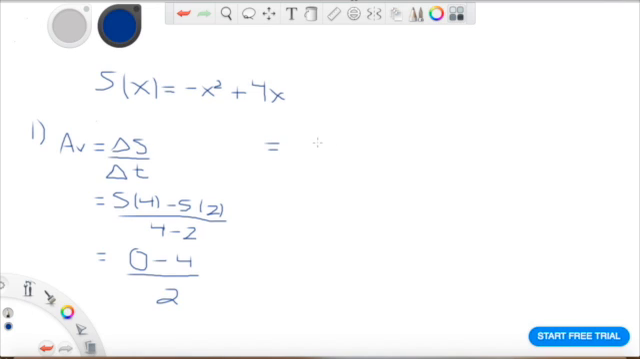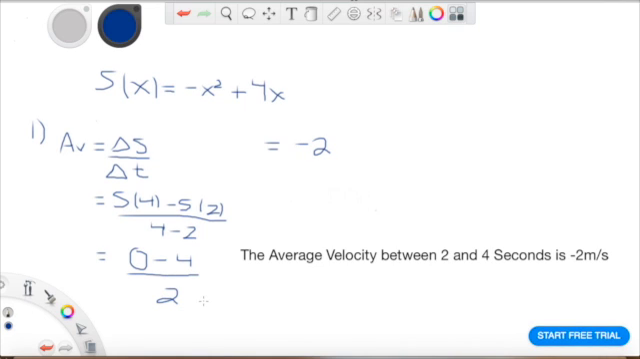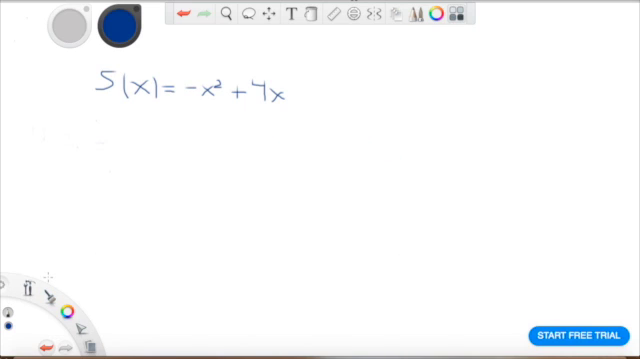So the average velocity is just going to be negative 2, because negative 4 divided by 2 is negative 2. So the average velocity between 2 and 4 seconds is negative 2 meters per second. Okay, for the second question, it asks for the instantaneous velocity at 2 seconds, and what does it mean? So to find the instantaneous velocity, we need to find the first derivative of s(x), which will give us the